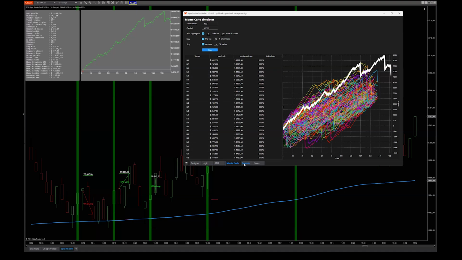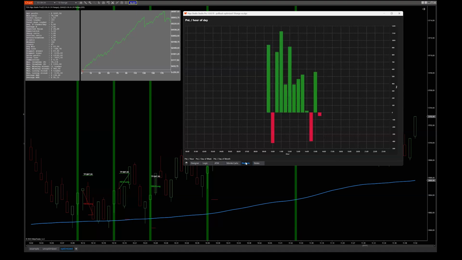And finally, we have the reports, which shows you the P&L over the day. Well, this algo only trades during the regular trading hours. And you can see that during those hours, it has, well, 2 losing time periods. So that might be something for you to consider. Should I maybe turn off my algo at 10 o'clock and not 1430, or should I leave it running?